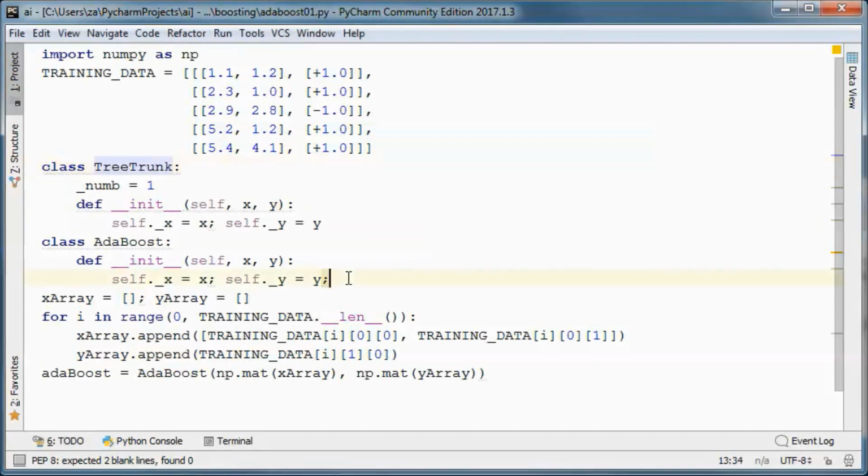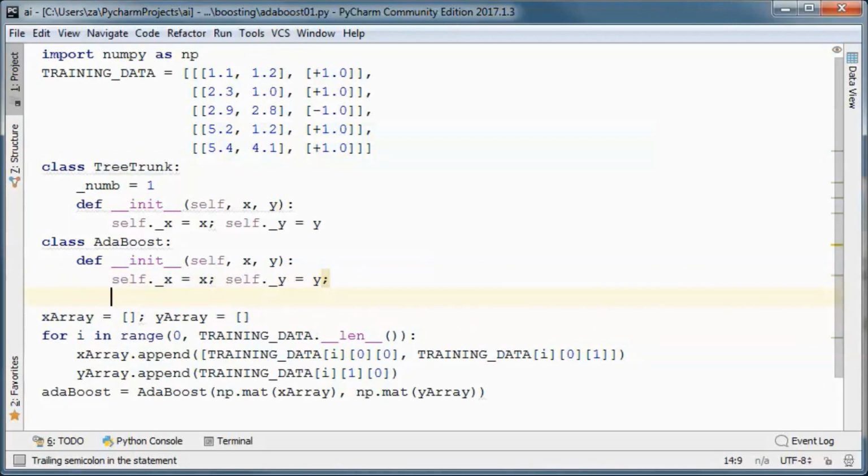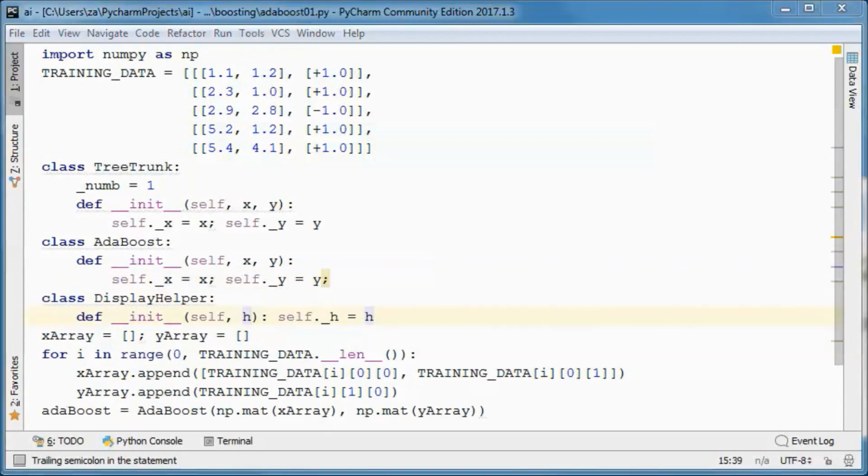And we will have a display helper class, and each will be an array of tree trunk classifiers.